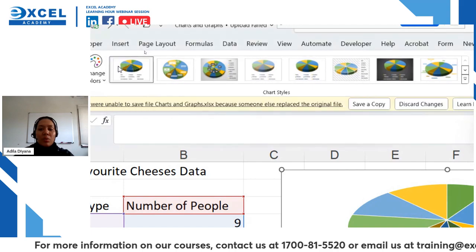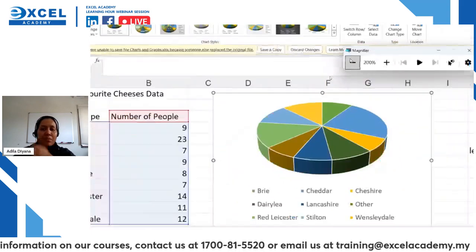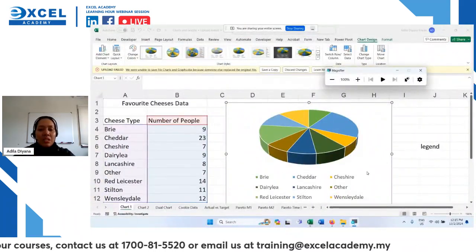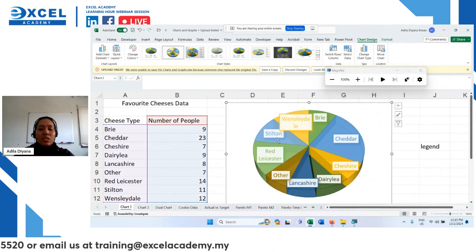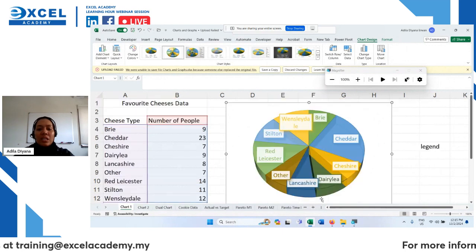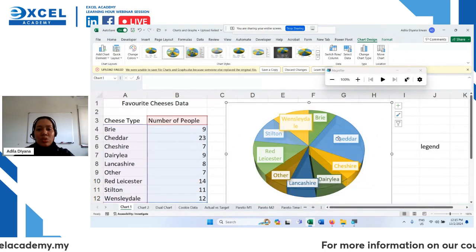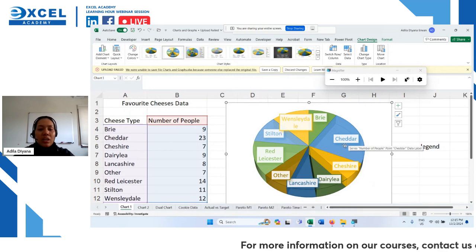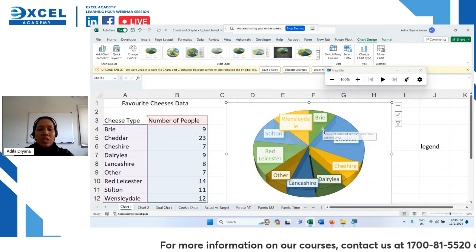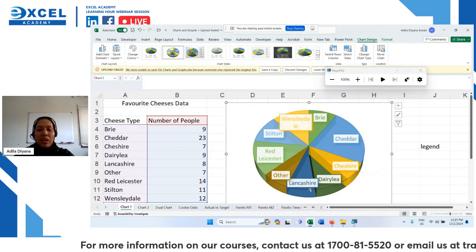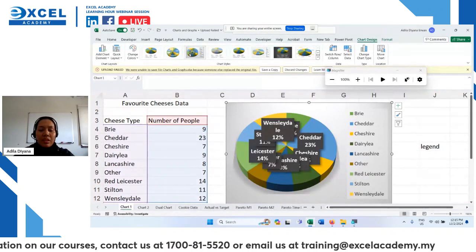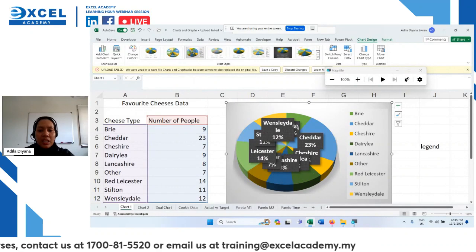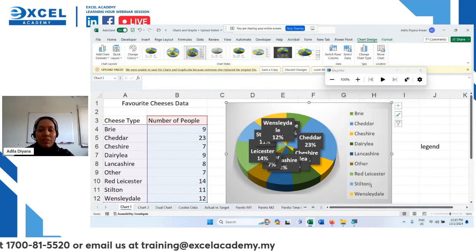So if I choose number 1, this is how it looks like. Something pretty basic, pretty simple over here. And if I click on number 2, see, now we have the data callout, right? So this portion is for cheddar, this portion is for brie, this portion is for Lancashire, and so on. If I choose number 3, we have the data callout, and also we have the legend on